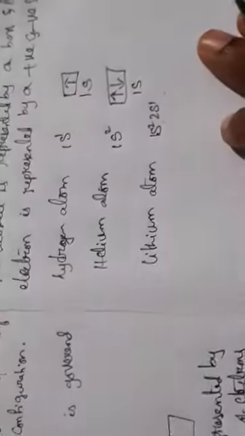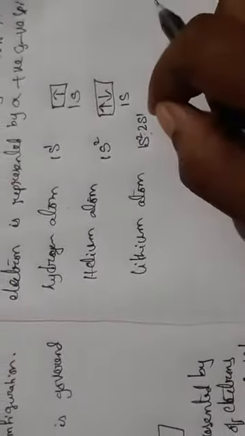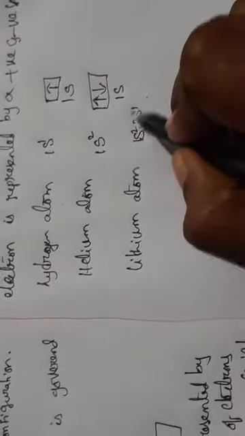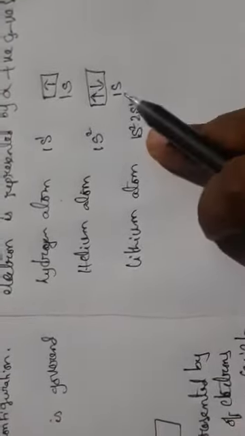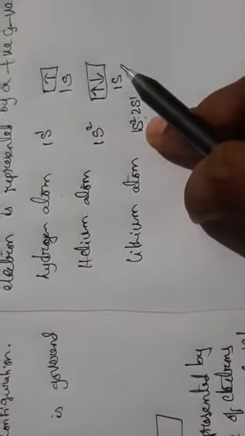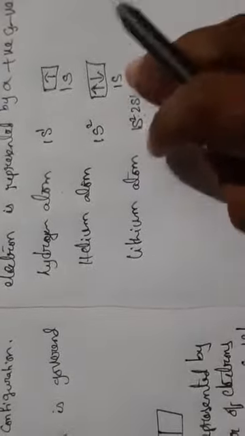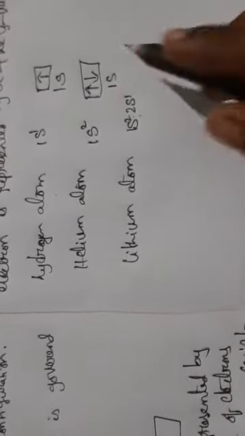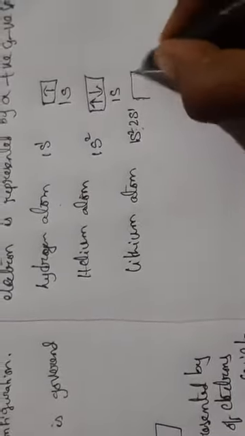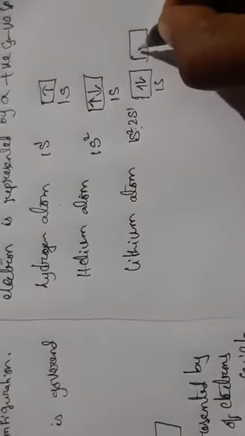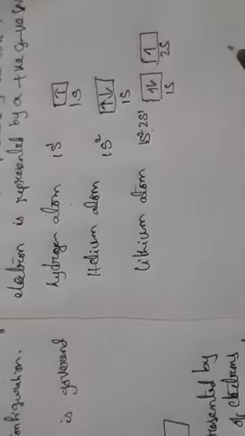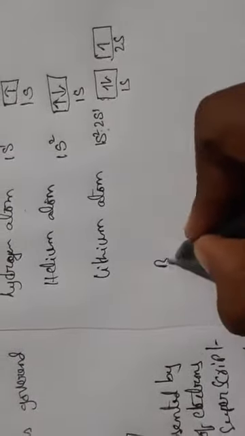What is Pauli's exclusion principle? According to Pauli's exclusion principle, no more than two electrons can be in the same orbital. This is a pairing of electrons. After pairing, we have to go to the next subshell. That's why we take 2s1. So here you have the electronic configuration 1s2 and 2s1.